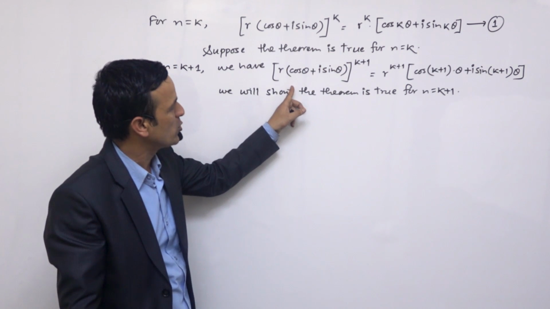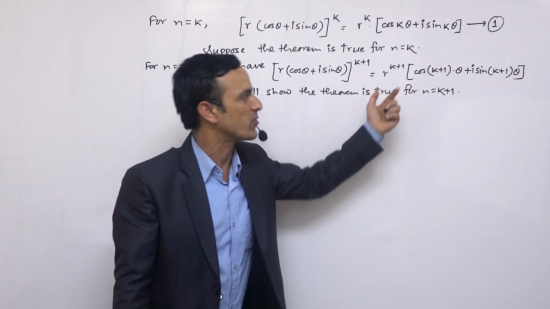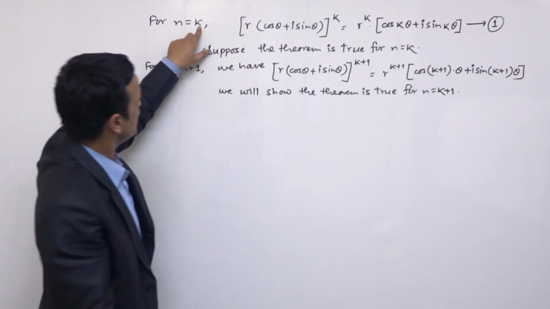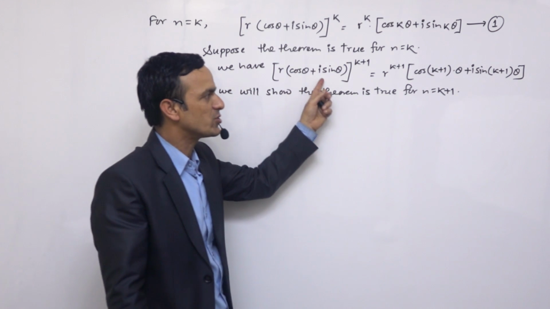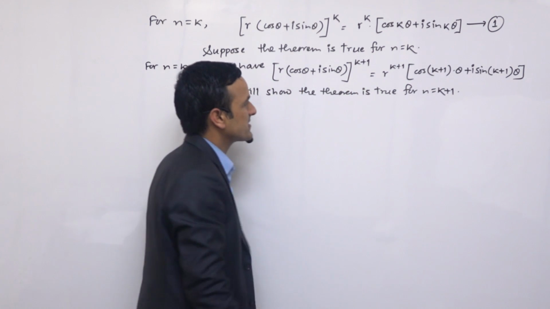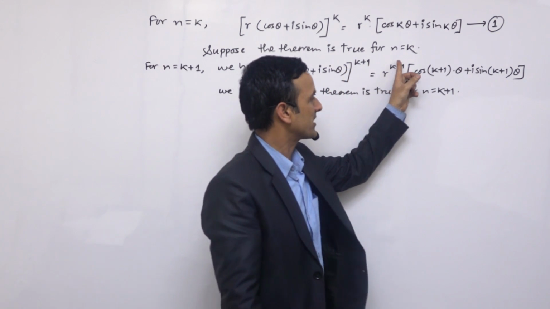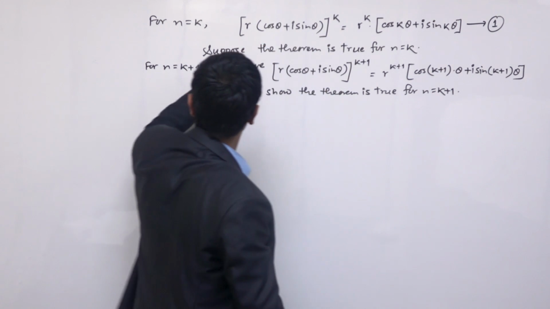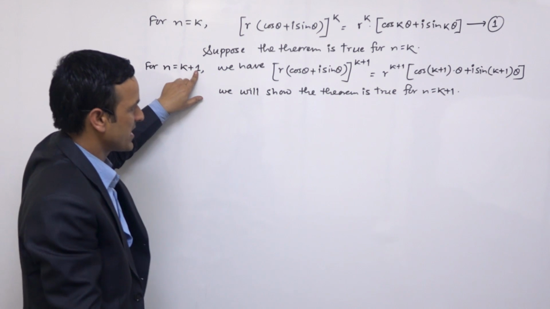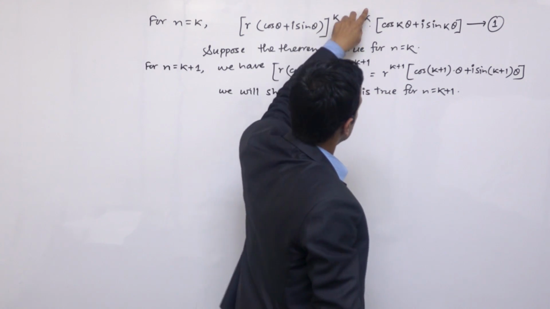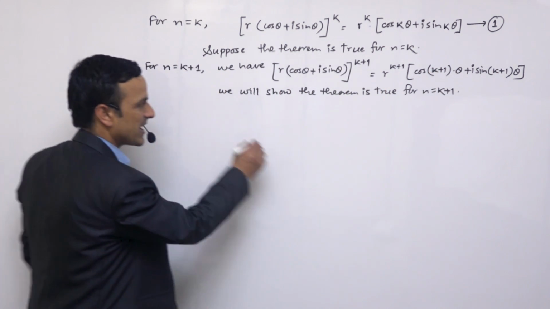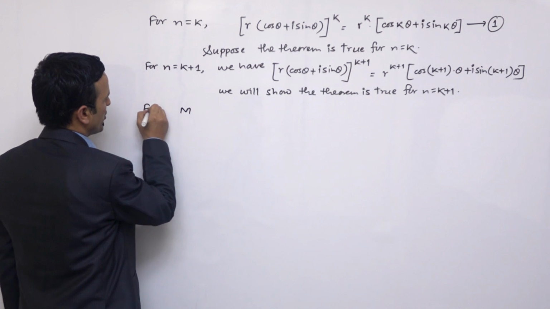इक्वेसन 1 को हेल्प लिएर हामीले यो इक्वेसनलाई अथवा यो थियरमलाई हामी ट्रू बनाउन खोजिरहेका छौं। इक्वेसन 1 को हेल्पबाट यदि यो थियरम ट्रू छ भने यसपछि आउने एक स्टेप बढीको हाम्रो स्टेटमेन्ट पनि ट्रू हुन्छ भनेर देखाउँदै छौं। सो अब हामी यो केस r टाइम्स cos थीटा प्लस I sin थीटा को पावर k plus 1, r को पावर k plus 1 भनेको जहाँ जहाँ k छ त्यहाँ चाहिँ हामी अब k plus 1 राख्छौं, अथवा जहाँ n छ त्यो n को प्लेसमा हामी k plus 1 राख्छौं। यो k को प्लेस छ, यसमा k plus 1 राख्नु पर्यो। त्यो अनुसार हामी यसलाई देखाउँछौं। यसको लागि हामी यो गरौं,